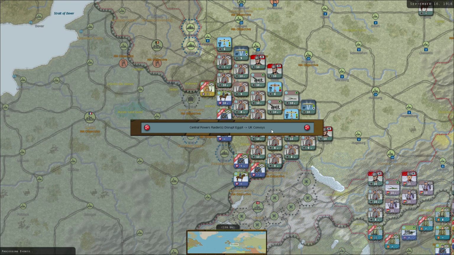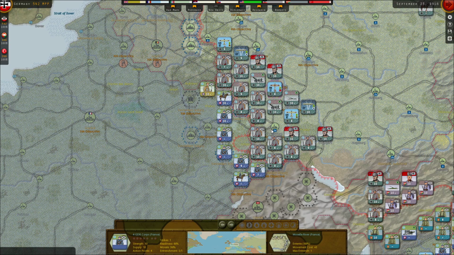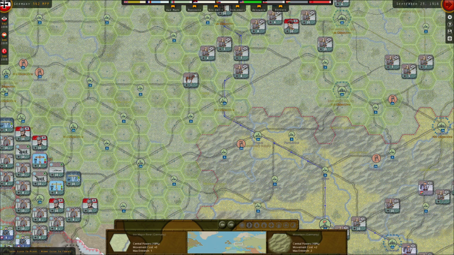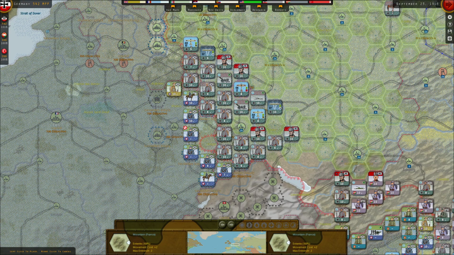And there is, okay, Central Powers, Raiders disrupt UK convoys, good, yes. Okay, UK lost 12 MPP. And we have air units, okay, flyers, they're fighters. Both sets are fighters, okay. Well, we have, those two are scout bombers, those are fighters, Zeppelin bombers, so